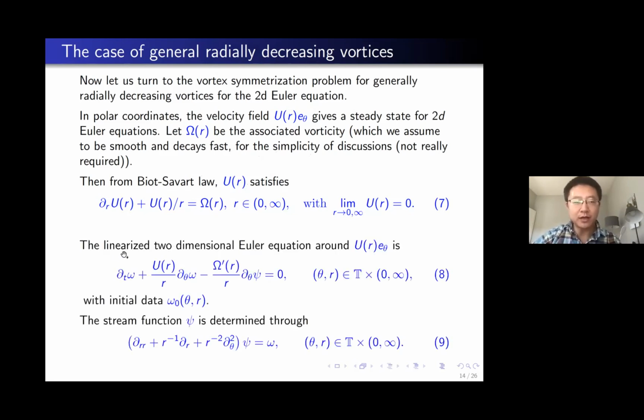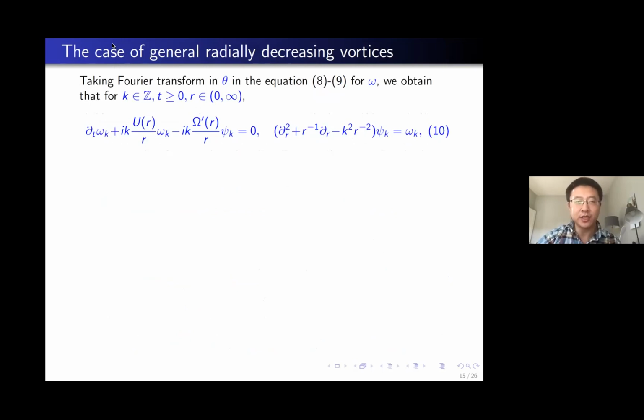And then we can write down the linearized 2D Euler equation again. Here we already linearized it, so there is no nonlinear term. You have partial_t omega plus (U_r/r) partial_theta omega minus this quantity partial_theta psi equal to 0, and psi is solved from omega using this Laplace equation in R^2. Okay, so this is almost like before, right? This almost looks like the shear flow case. You have this term partial_theta; previously it was partial_x, but now it's partial_theta. Of course, this equation is a little more complicated, but at least structurally, it looks like the shear flow case.